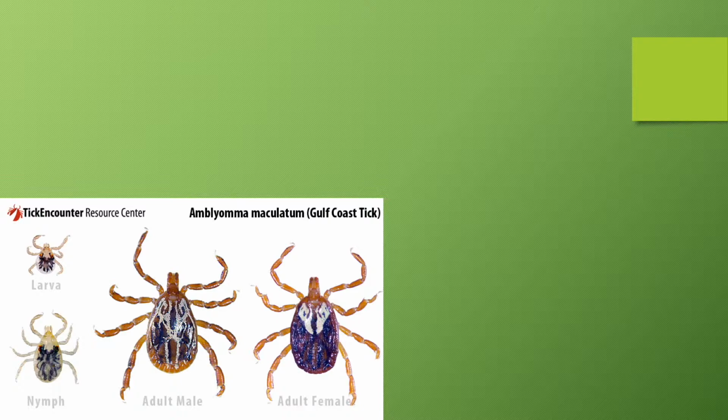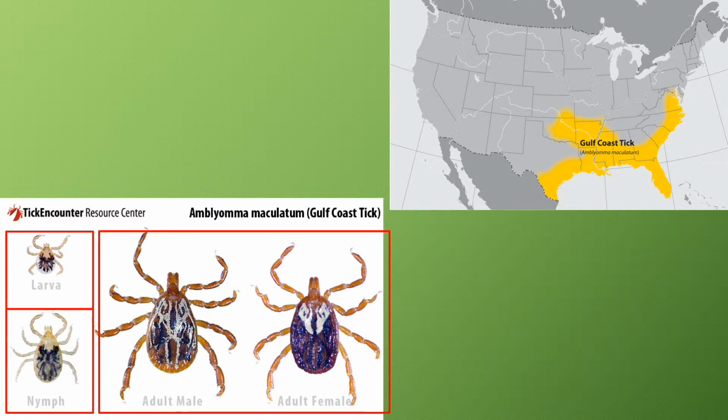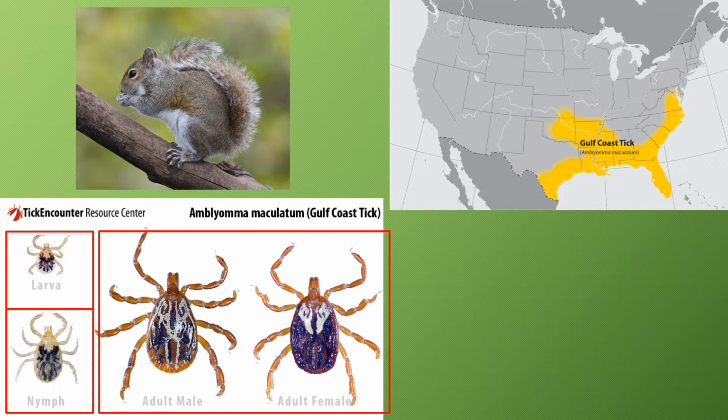This tick is primarily found along, you guessed it, the Gulf Coast region of the southern United States. It prefers warm, moist areas with high humidity and is the most active during the warmest seasons of late summer and early fall. It goes through three major life stages once hatched from its egg: the larval, nymphal, and adult stages. The larvae stay close to their hatching location until finding a desirable host, primarily small mammals like squirrels, which